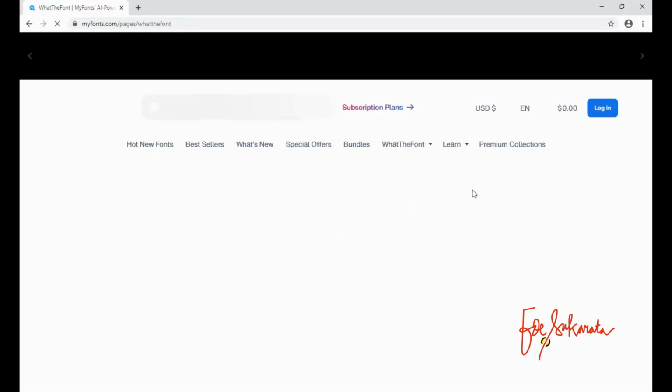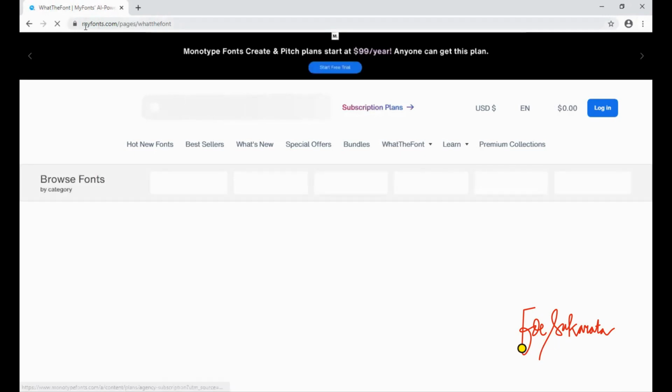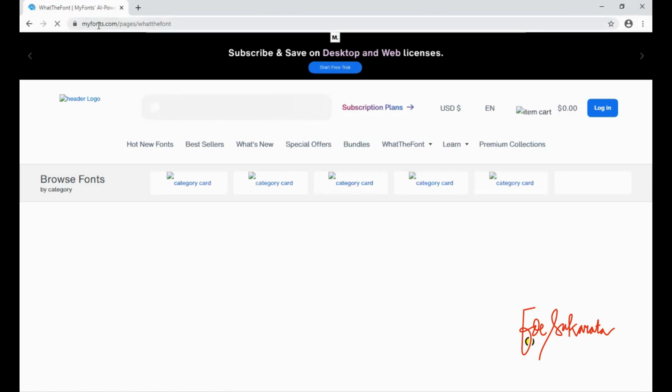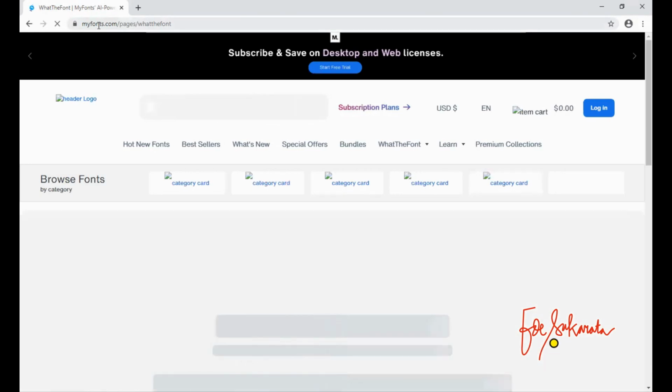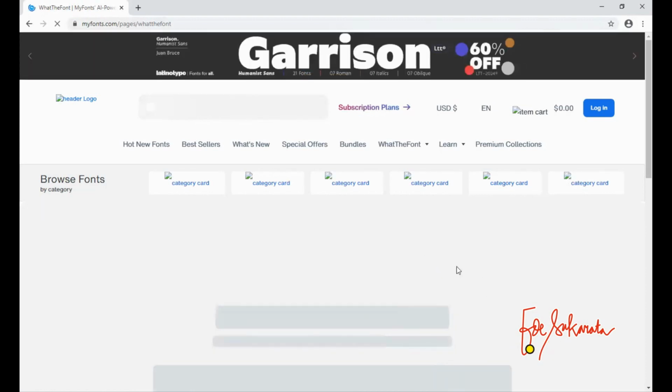Yeah, font page what the font. You can upload the image that you have plagiarized the font from before. That's special.